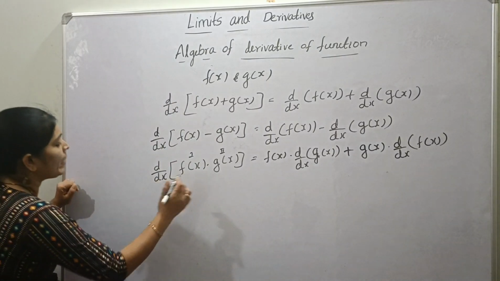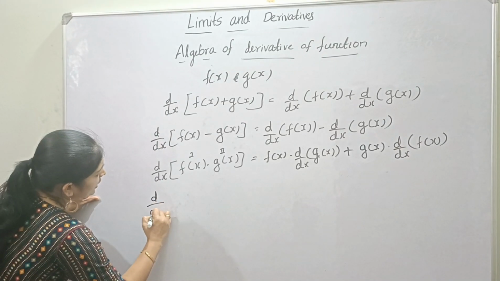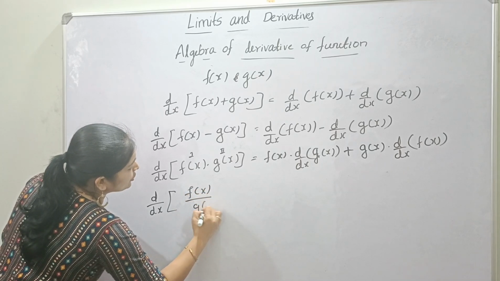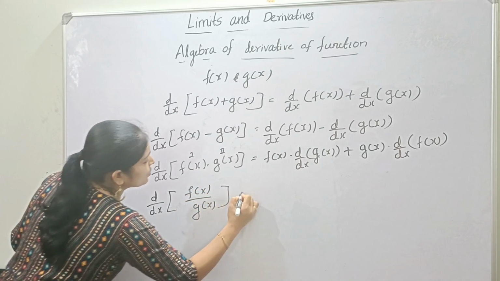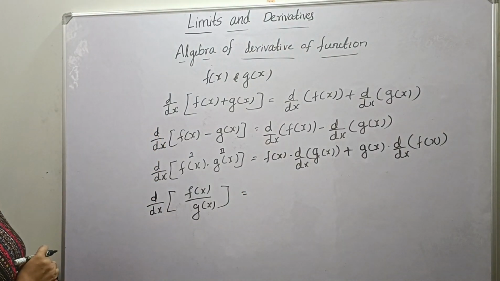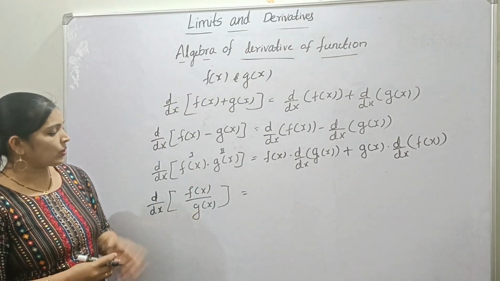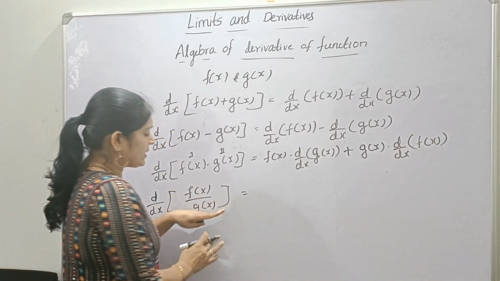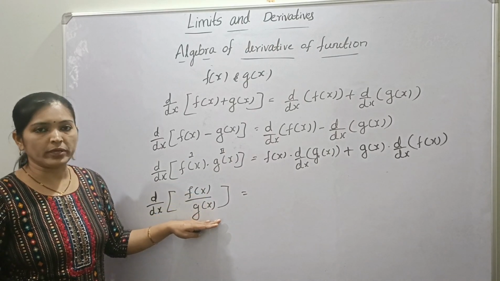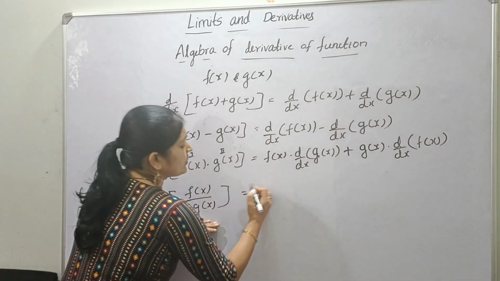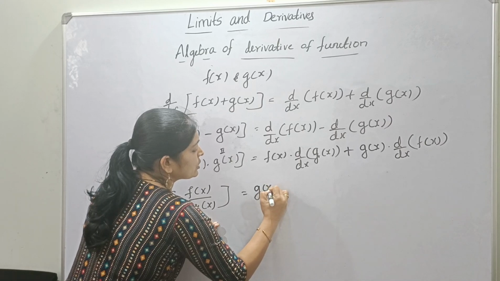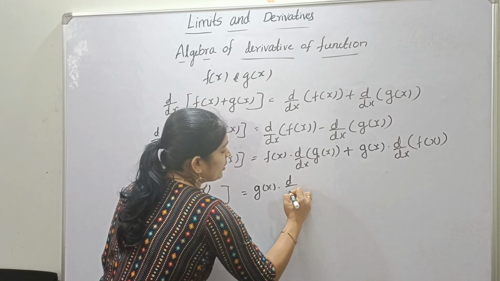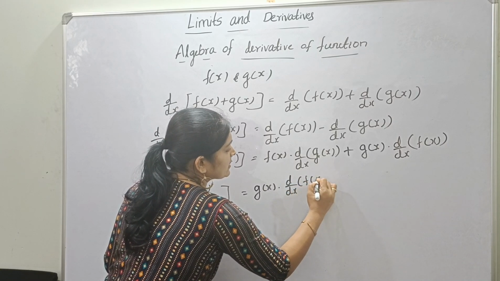Next is about division. d/dx of f(x) divided by g(x), here g(x) is not equal to 0. Here also, f(x) by g(x) is equal to, first is the denominator, numerator, denominator, right? So here first is the denominator, that is g(x), into the derivative of the numerator, d/dx of f(x),